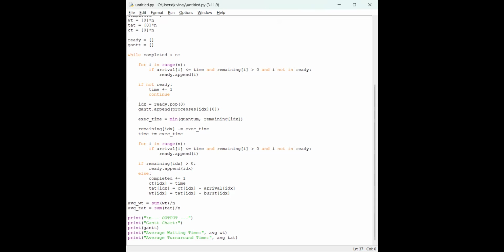Next, if the process is finished, calculate the completed time, that is CT of idx. Next, turnaround time and waiting time. Finally, we calculate the averages and the final output. By seeing this, I can easily summarize that first the user